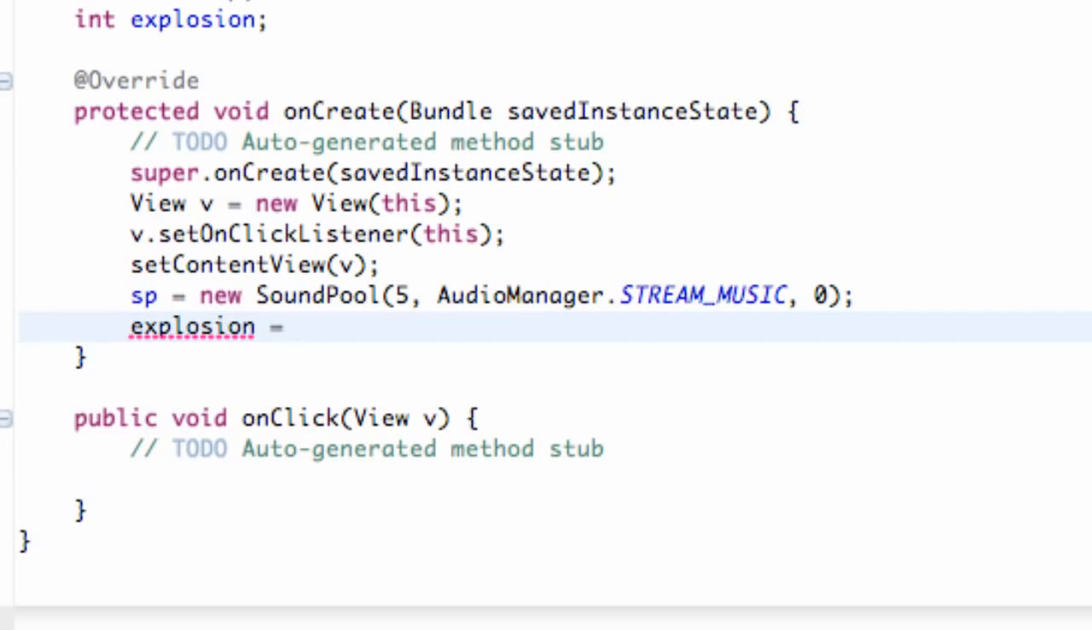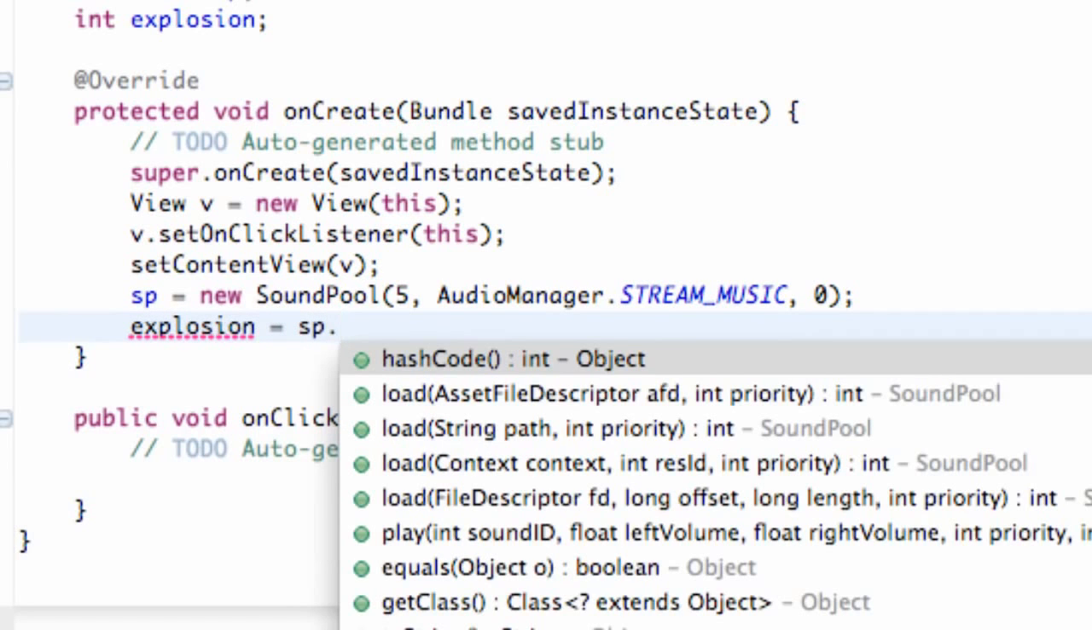Is that how you spell explosion? I don't know. If I spelled that wrong, I'm sorry, but for some reason it looks wrong. And then we're just going to say explosion. Then we're going to refer to our SoundPool object that we just created, sp dot, and we're going to say